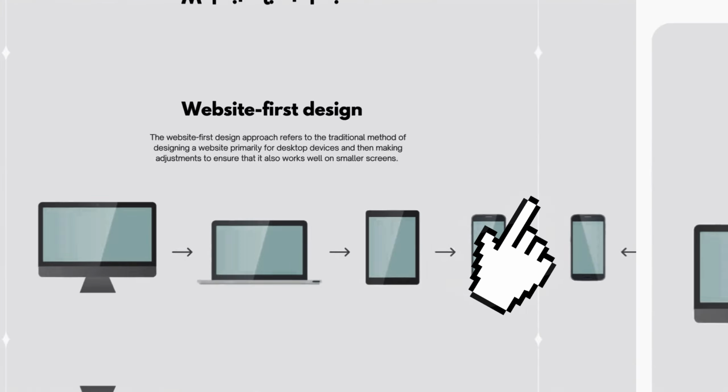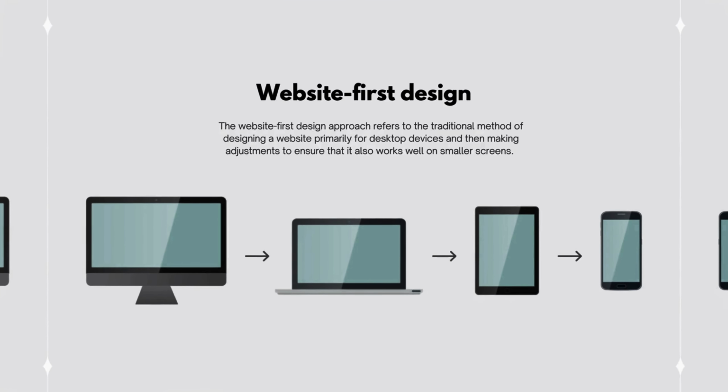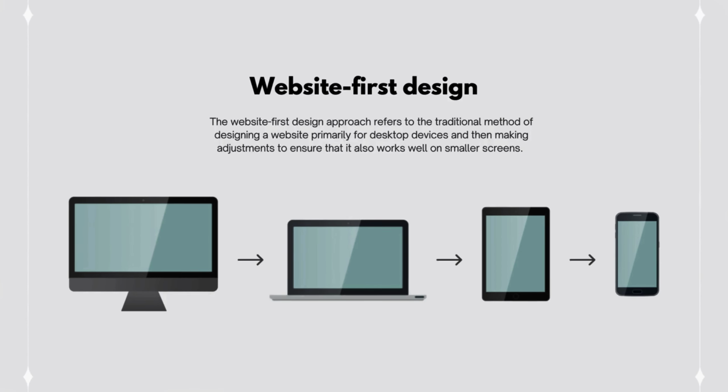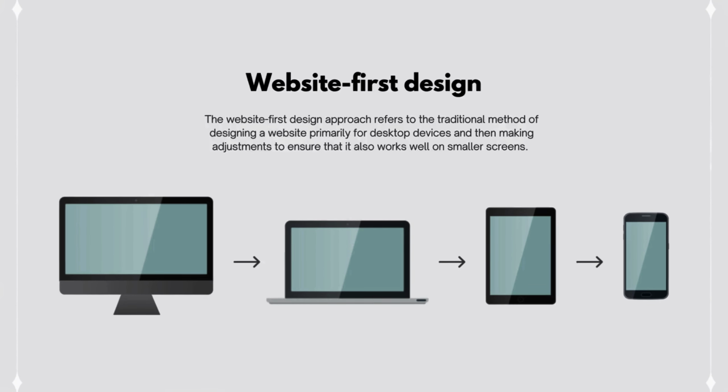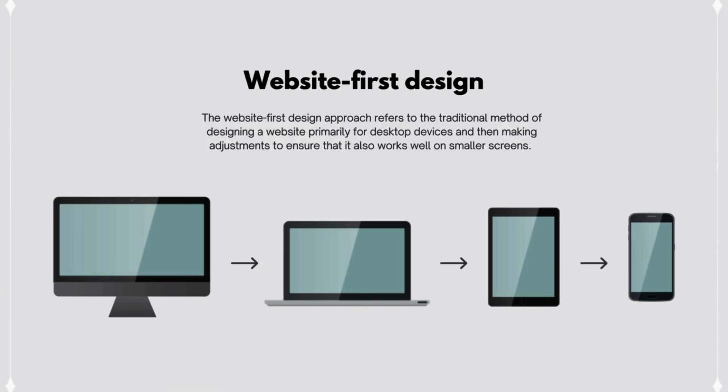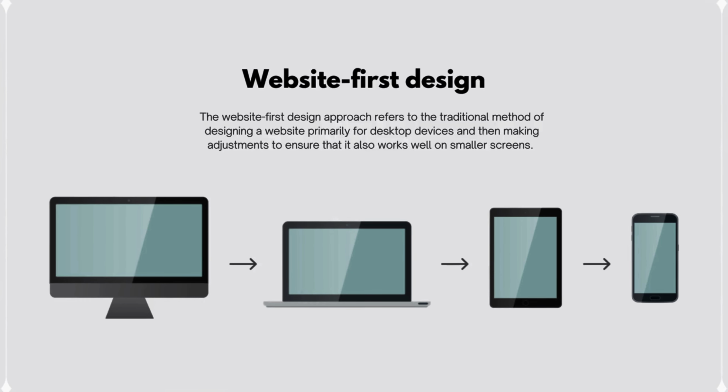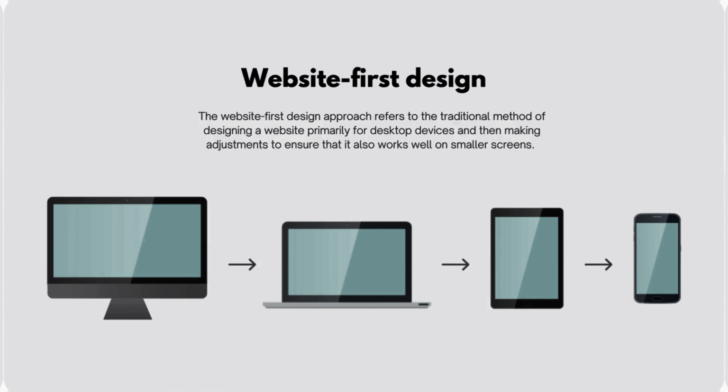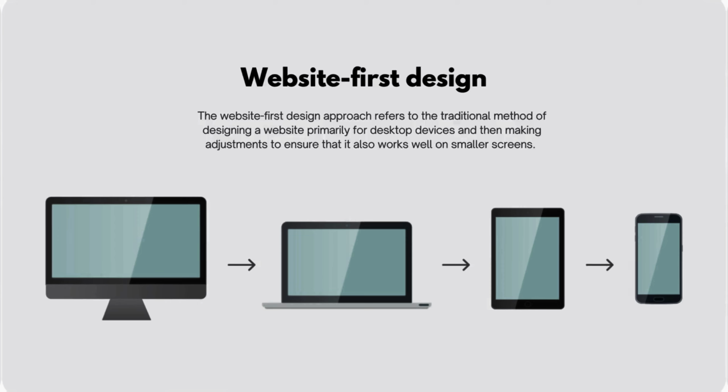When it comes to designing a website, there are 2 main approaches to consider: website first and mobile first design. The website first design approach refers to the traditional method of designing a website primarily for desktop devices and then making adjustments to ensure that it also works well on smaller screens. This approach assumes that the majority of users will access the website on a desktop and prioritizes the desktop experience